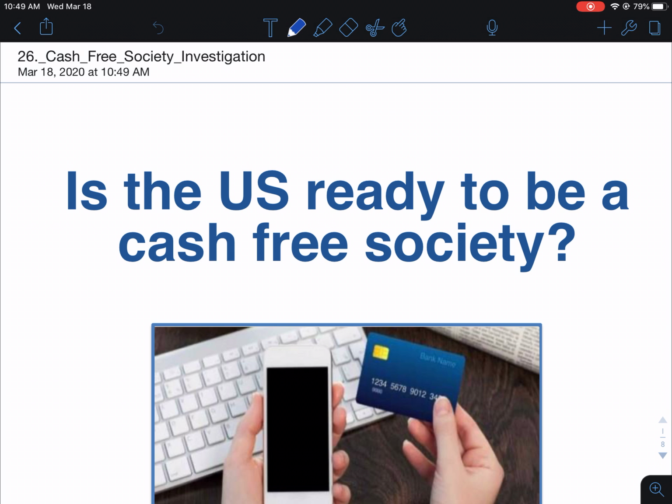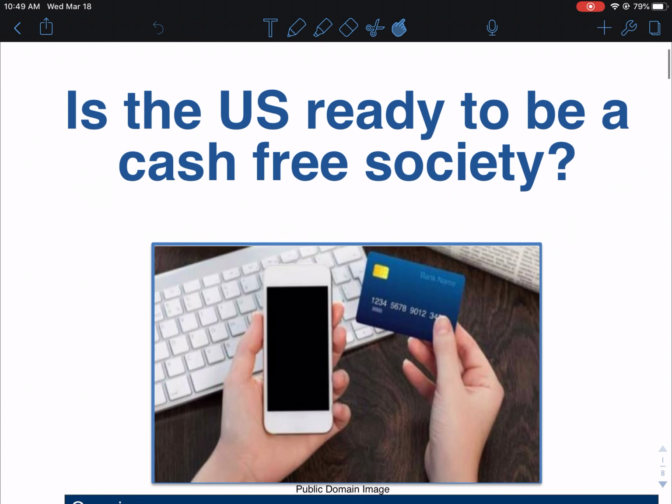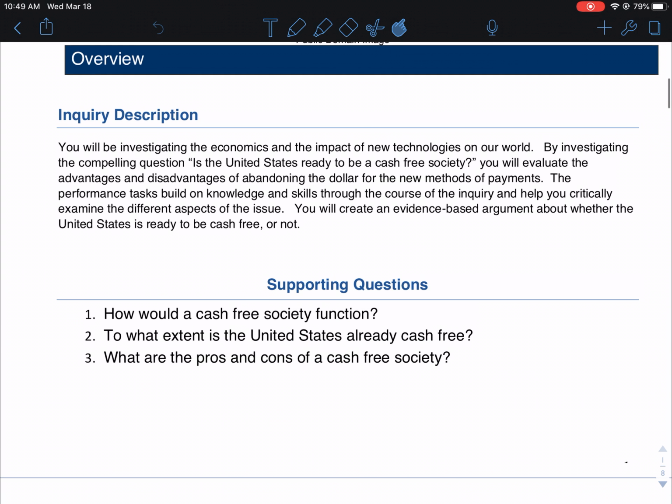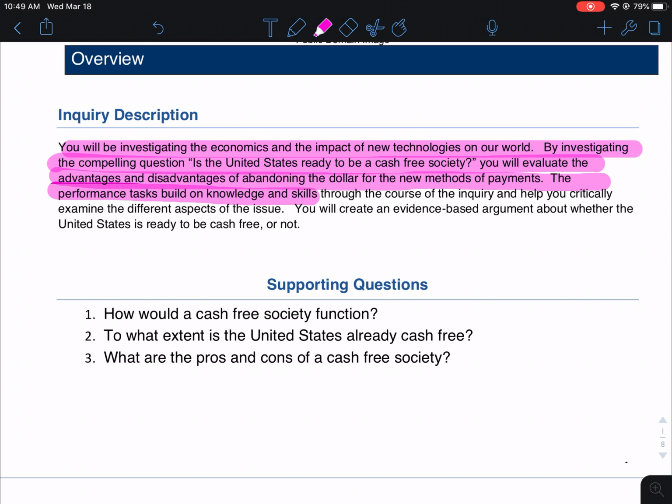26 looks like this. It says, is the U.S. ready to be a cash-free society? If we look at these directions right here, it says you'll be investigating the economics and the impact of new technologies on our world, by investigating the compelling question, is the United States ready to be a cash-free society? You will evaluate the advantages and disadvantages of abandoning the dollar for new methods of payment. The performance tasks build on knowledge and skills throughout the course of inquiry and help you critically examine the different aspects of the issue. You will create an evidence-based argument about whether the United States is ready to be cash-free